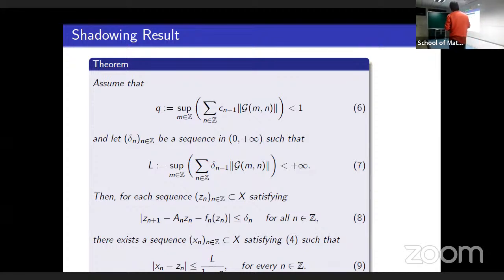equation number 7, that this term should be finite and we denote it with L. One more assumption is with the Lipschitz constants Cn's. The Cn's and the operator G should satisfy this condition 6. Here this term is a constant Q and it should be less than 1. So if we assume these two conditions 6 and 7 with the approximate solution, then we construct